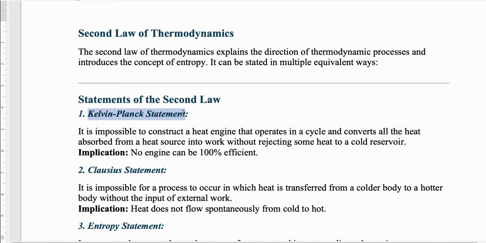Sometimes the questions may be to write down the Kelvin Planck statement, or write down the Clausius statement, or write down the second law of thermodynamics. If they just tell you second law of thermodynamics, it's better to write down both the statements. And it does not mean that it has to match word by word. Some words may be here and there, but more or less the essence should be meant in that way. So this talks about heat engine, and the Clausius statement says that the heat can only flow